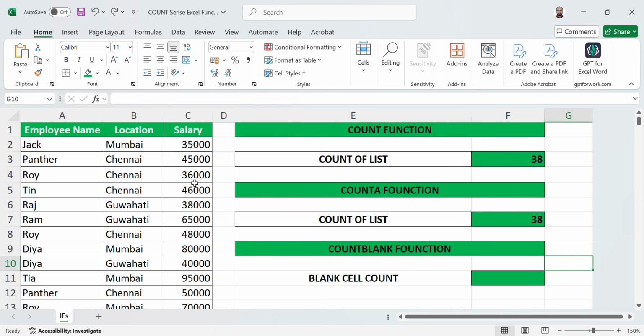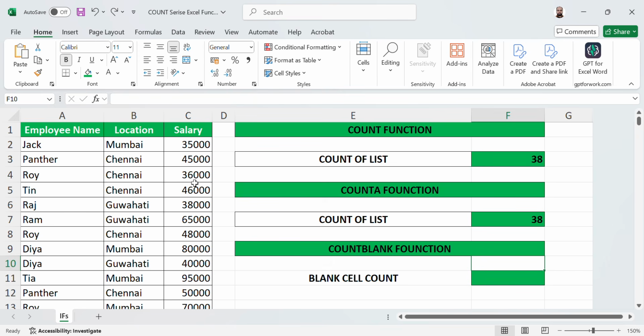Okay, so now let's move on to the COUNTBLANK function. The COUNTBLANK function in Excel is used to count the number of empty cells within a specific range. It takes a range of cells as its argument and returns the count of cells that are blank and contain no value within that range.